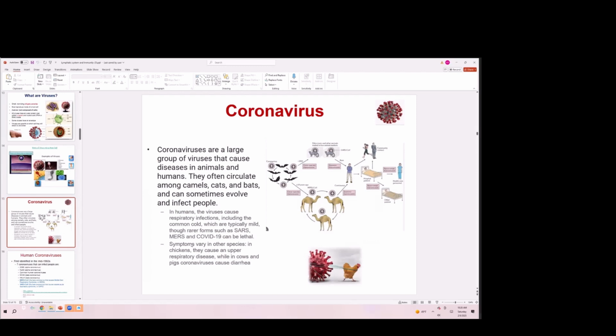That was a big challenge for us several years ago when a bunch of people were dying as a result of it. What are coronaviruses? It's a group of viruses that causes diseases in other animals, including humans. They usually circulate in other animals like cats, rabbits, bats, and camels. But sometimes, even though they are existing in these populations,